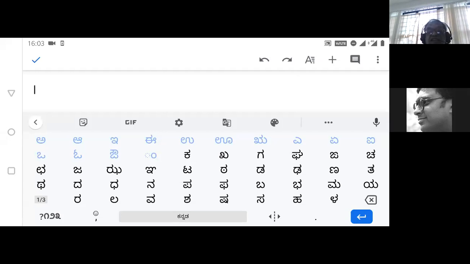So there are these 6 short vowels. I call them Hriswa vowels. Hriswa meaning short.